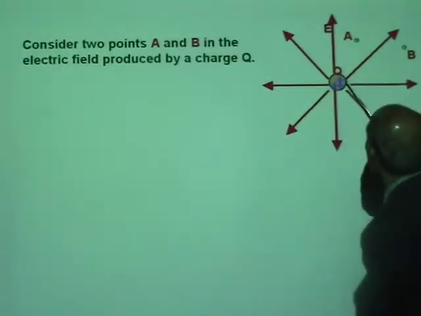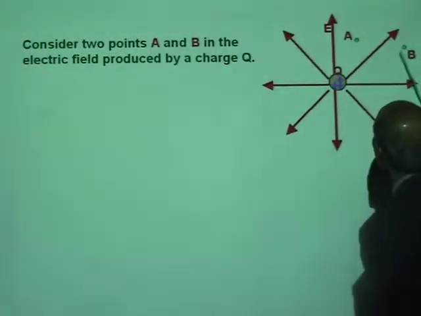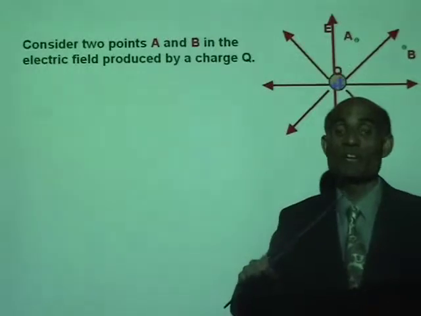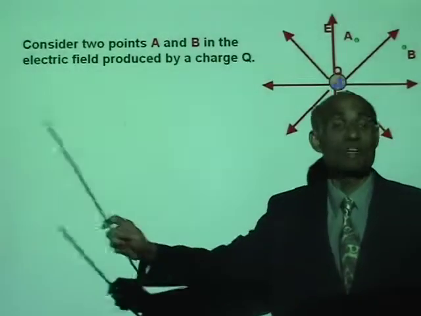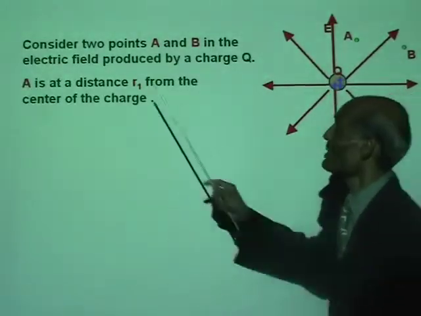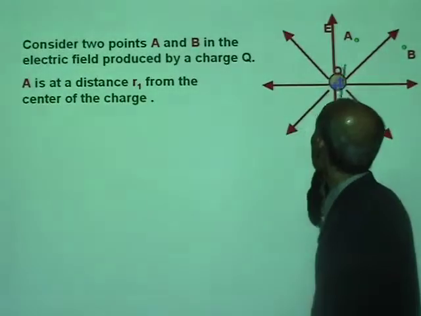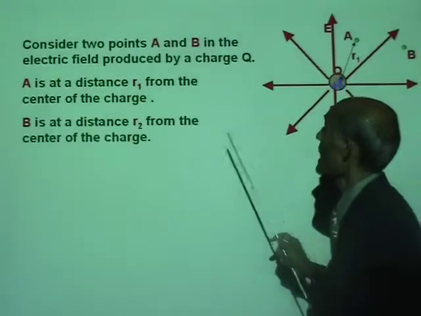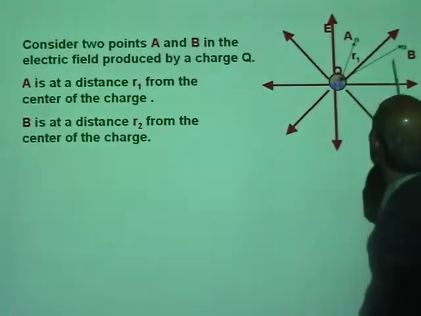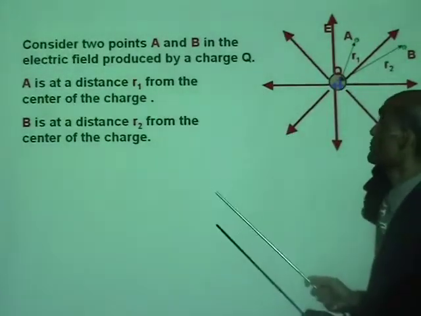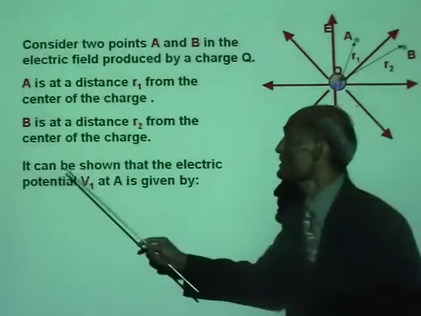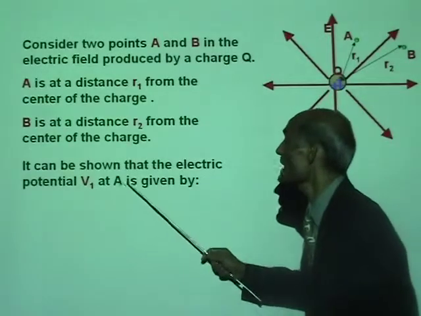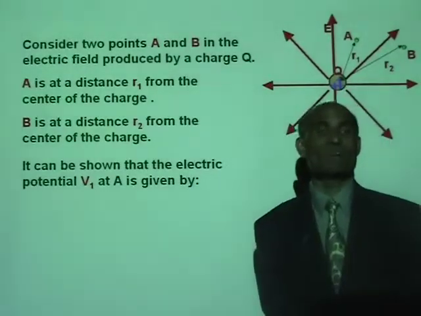Well, B being farther away, B is at a lower potential. The direction of an electric field is the direction of decreasing potential. So A is at a distance R1, and B is at a distance R2 from the charge. Alright, it can be shown that the electric potential V1 at A, here again I am not